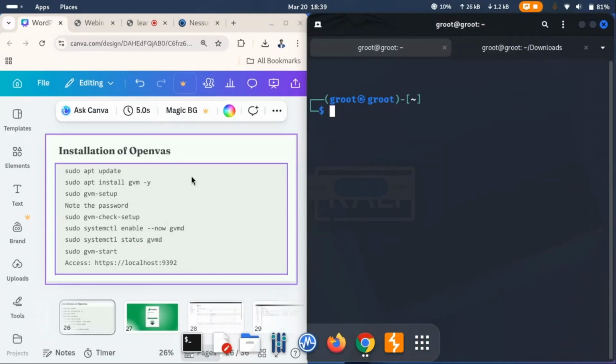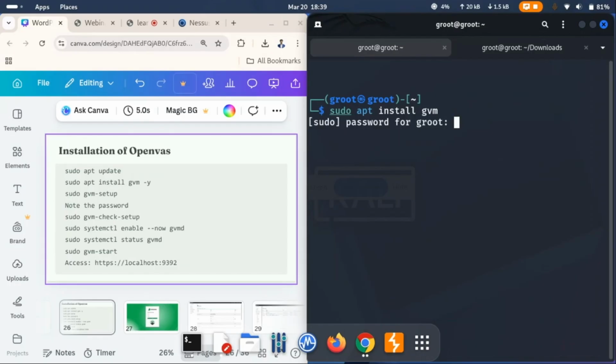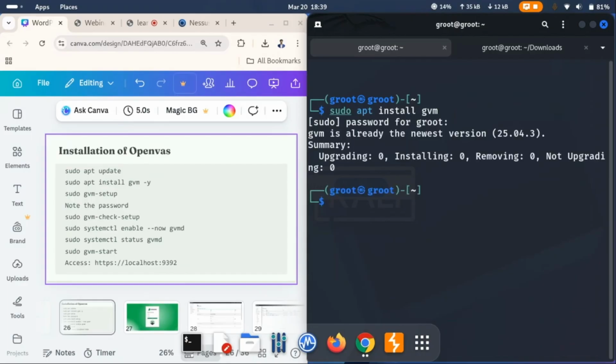So after that, you have to update your system whenever you are going to install anything. So give sudo apt install gvm -y. So what does the y mean? I have already installed it. The GVM is already the newest version. After that, you have to wait for the installation process. It takes some time, and after the installation,